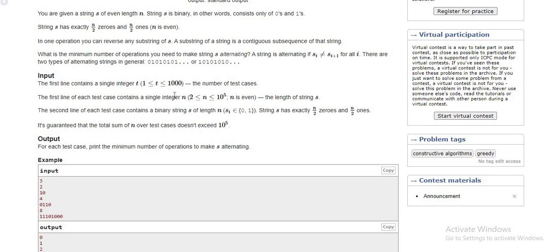If it is empty, we directly add that element, irrespective of whether it is 0 or 1. Next, for the next character we check whether the peek value of stack 1 is not matching the current character value. If so, we can directly push into stack 1, but if it is matching, then we can put it into stack 2.